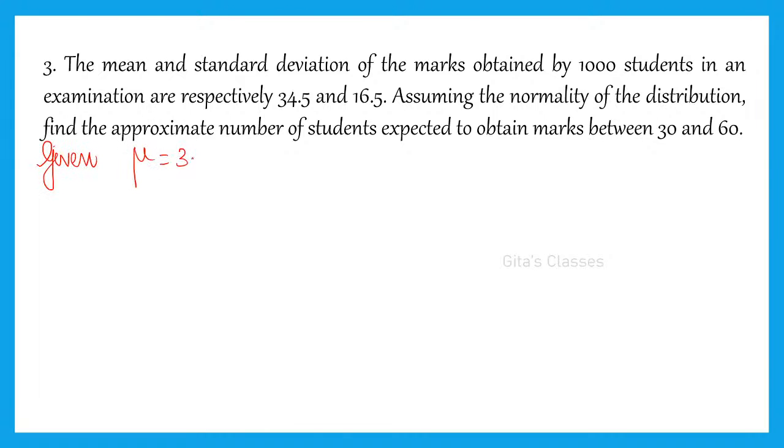Mu is equal to 34.5. Mean and standard deviation respectively. Okay, so mu is equal to 34.5 and sigma is equal to 16.5. Standard deviation is given, so sigma is equal to 16.5. Now, what is asked? Tell me. Probability of what is asked? P of